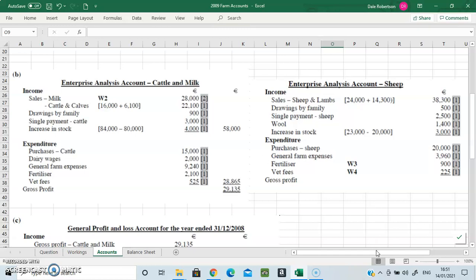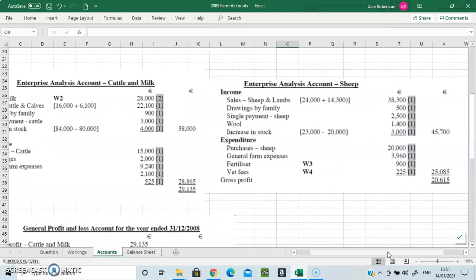Then we move across to our sheep. Let me just move this slightly across. You have your sales, you have your drawings again, you have your single farm payment for sheep, you have the sale of wool, and you have an increase of stock also. And in here you have the purchases of sheep. You don't have any wages relating to sheep, but you do have the 30% numbers from that working, 30% of expenses, fertilizer and veterinary fees. You total them up here and you get your gross profit on sheep, which is